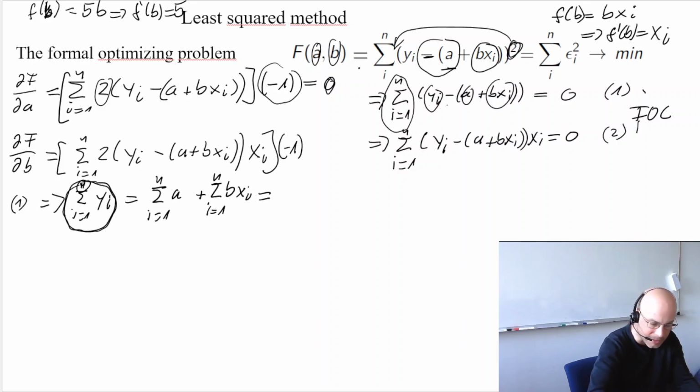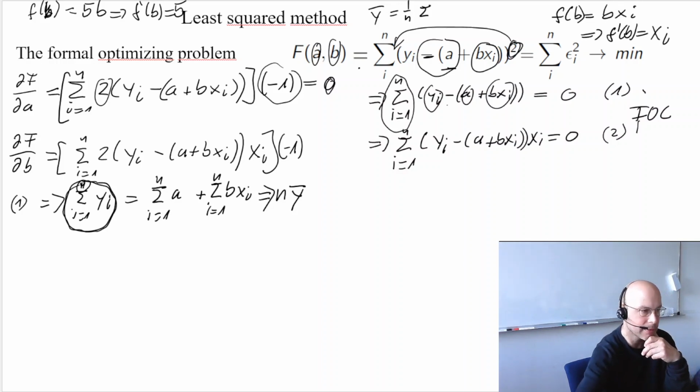And therefore we obtain n times y bar. Remember, y bar is just 1 over n times the sum from i equals 1 to n of yi. And this equals,